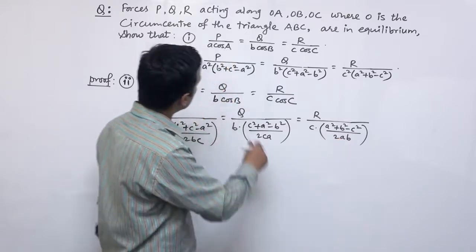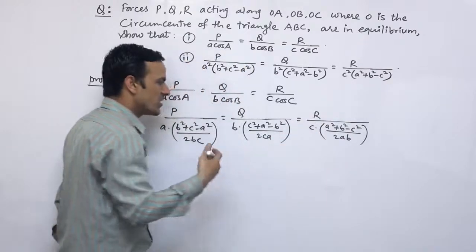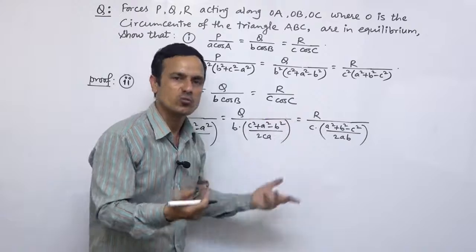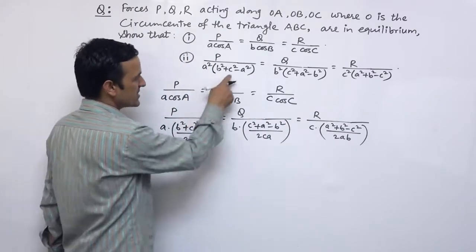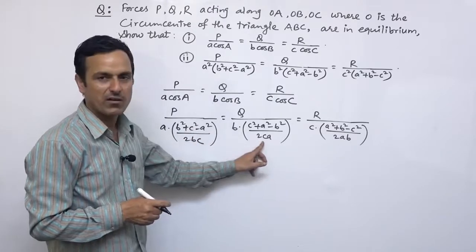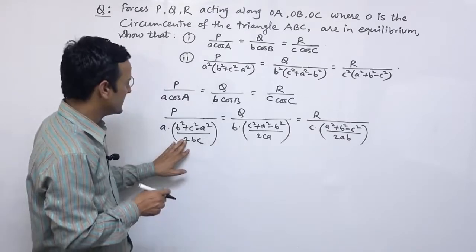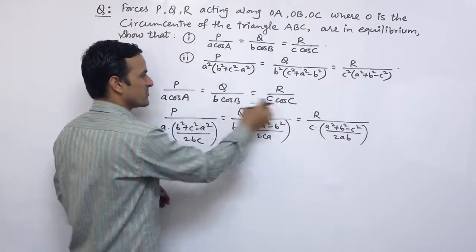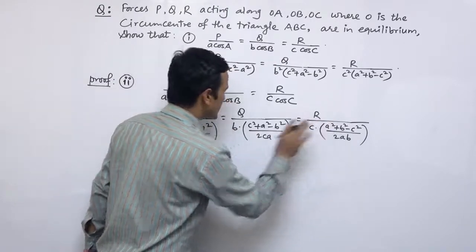So cos A को भ्यालु यो हो, cos B को भ्यालु this one, the value of cos C is this one. So in our result मा cos A cos B cos C छैन. That means we have to remove this term cos A cos B cos C हटाउनु पर्छ यहाँबाट, र यहाँबाट हटाउँदा हामी यो फर्मुला युज गर्न सक्छौं. This is cosine law from trigonometry. Trigonometry मा हामीले यो cosine law already पढिसकेका छौं. So we have already learnt in trigonometry, and this is cosine law. So we can remove cos A cos B cos C by using cosine law over here. So A B C remains same, and